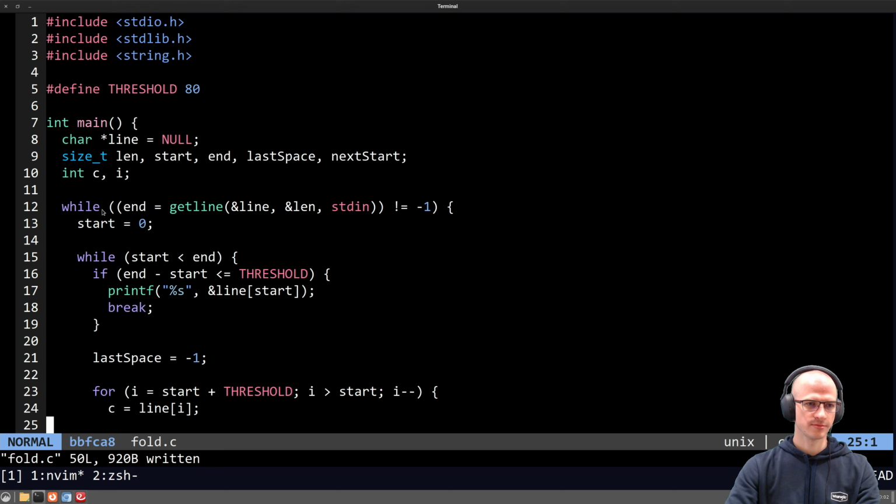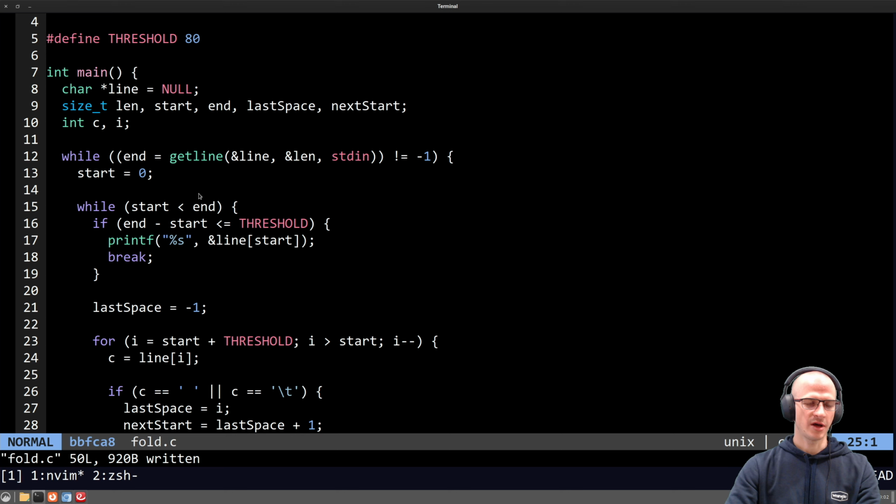So we start at the beginning of a line, and then we will be going in chunks over the whole line we have read. We find a place where we can break the line, we break the line, and then we retry with a new beginning of a line. So firstly,